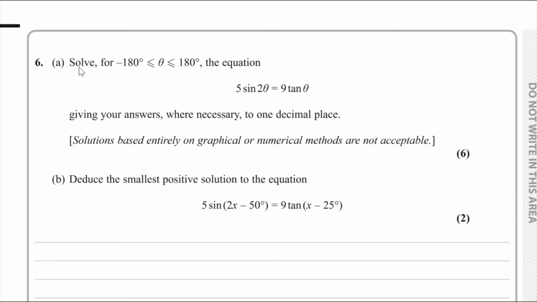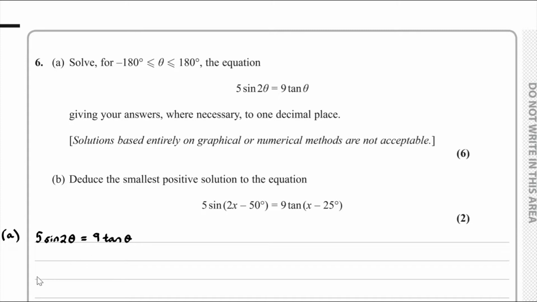Question number 6, we have to solve for part A. For theta being in between -180 and 180, the equation 5 sine 2 theta equals 9 tan theta, giving answers where necessary to 1 decimal place. So for part A, we begin with 5 times the sine of 2 theta equaling 9 times tan theta, and